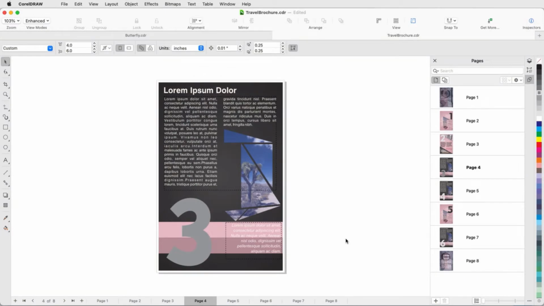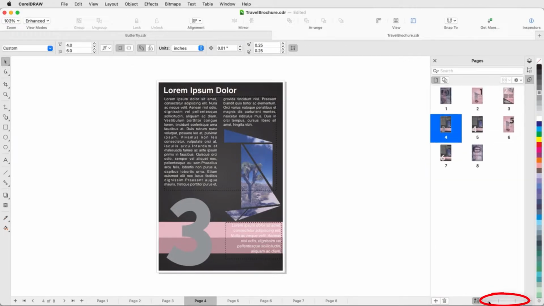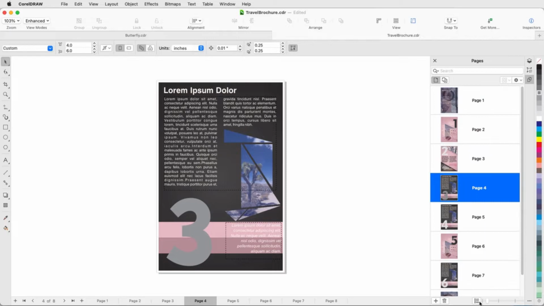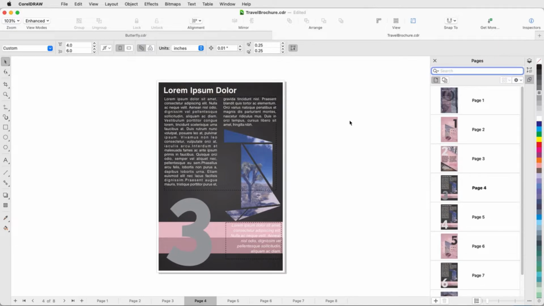In the Pages Inspector, thumbnails of each page are listed in order. This is the default single-page view. At the bottom of this inspector, I can insert or delete pages, switch from list view to grid view, and adjust the thumbnail size. Adding, inserting, and duplicating pages can be done from the Options icon at the top right. This inspector is searchable, which is handy if I have named pages or a long list of numbered pages.